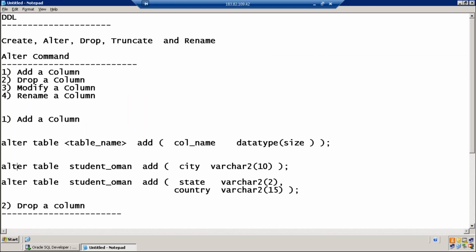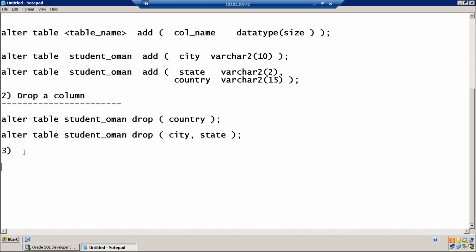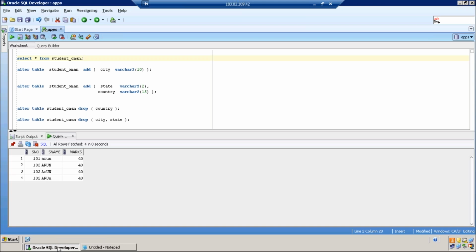This third option is very important: modify a column. Jamal, can you guess what we mean by modifying a column? Modify, you are changing the column size or? Yes, perfect.